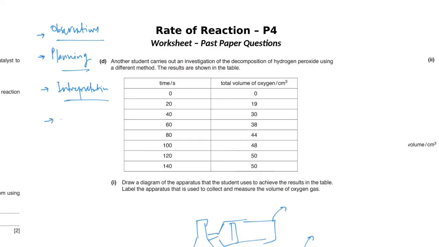Okay, and the last one is actually evaluation, whose parts keep on appearing in different types of questions. Evaluation is basically what can you do to improve an experiment. For example, you were measuring 25 centimeter cube of a liquid, and you were using measuring cylinder to do that. So he'll ask you what improvement can you make to this experiment. You will say that okay, you can use a pipette or a burette. So stuff like that.